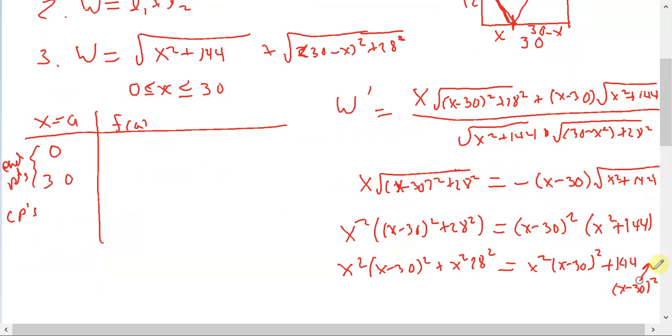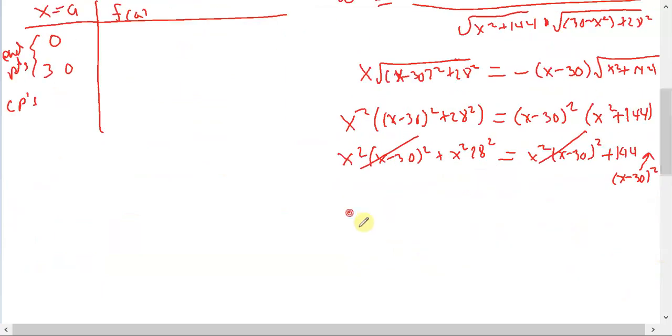Sorry, I didn't leave enough room there, but that's right there. And the nice thing is that this simplifies a lot just by doing that. And so I end up with x squared times 28 squared equals 144, which is 12 squared, times (x minus 30) squared. So since those are all perfect squares, I can take the square root of both sides